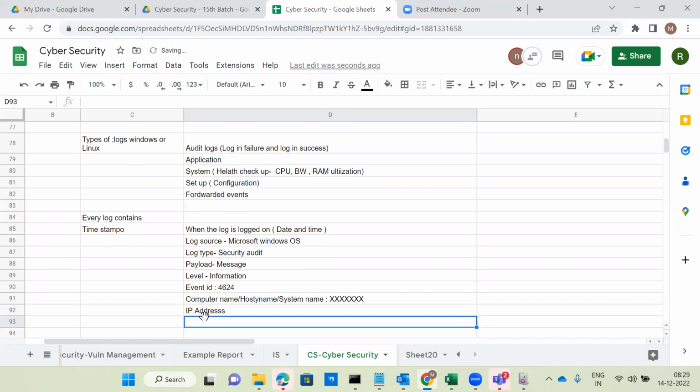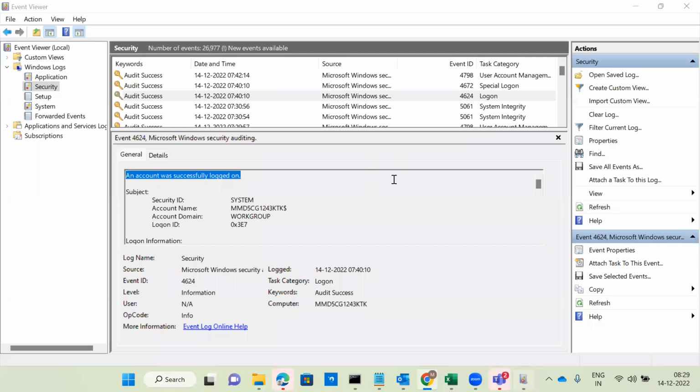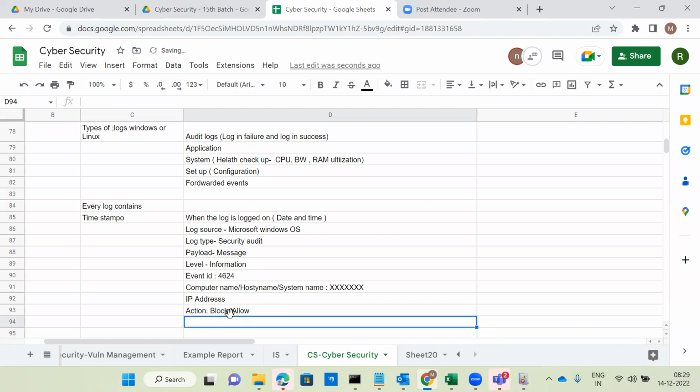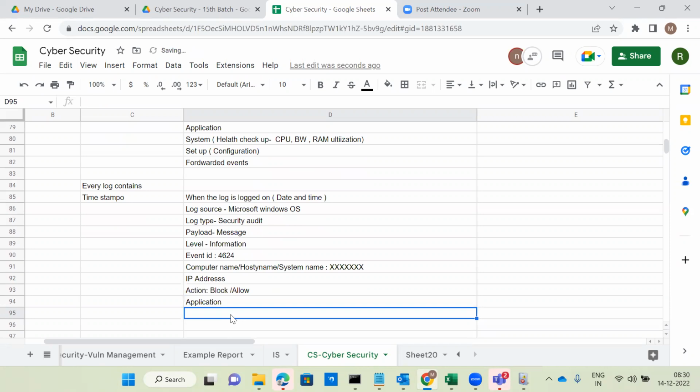Okay. Next one is action. So now this is only Windows login related details. That's why action is not showing. But in case of the firewall side, EDR side, proxy side, web application firewall side, we can see action. What is the action of the log, whether it is a block or allow? Here block or allow, that action also we can see. Application, what type of application is accessed? Okay. So source port,